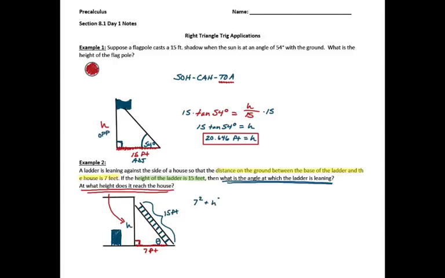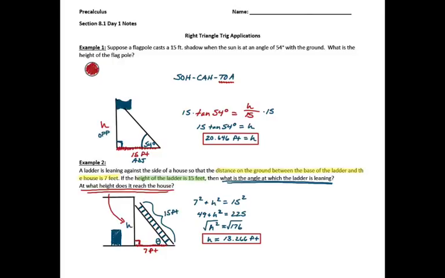So in terms of finding that side, set up the Pythagorean theorem. 7 squared plus h squared is 15 squared. 7 squared is 49. 15 squared is 225. Solve for h. I would subtract 49 from both sides, so h squared is 176. 176 is not a perfect square, so if I take the square root, h is approximately 13.266 feet. So that's the height the ladder is against the wall when the ladder is 15 feet and the base is